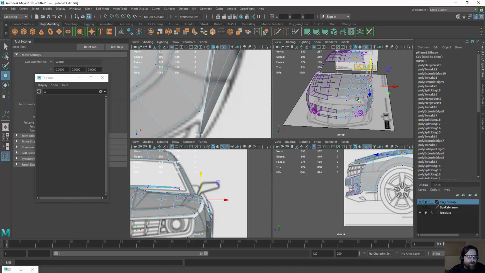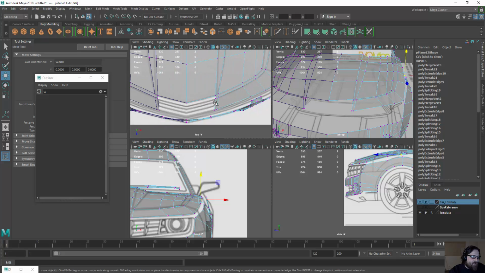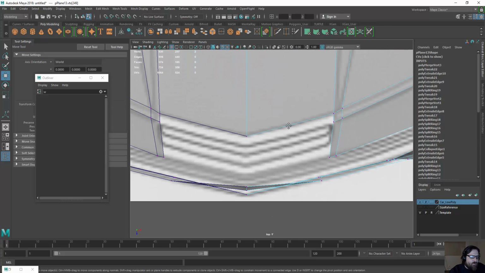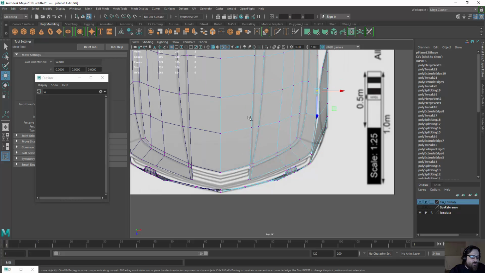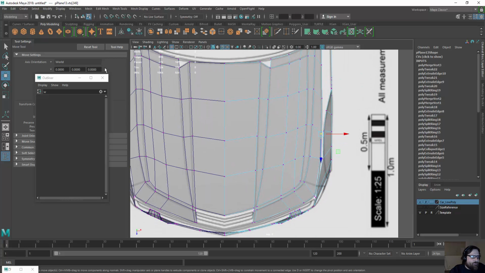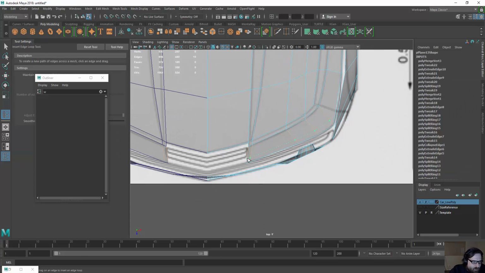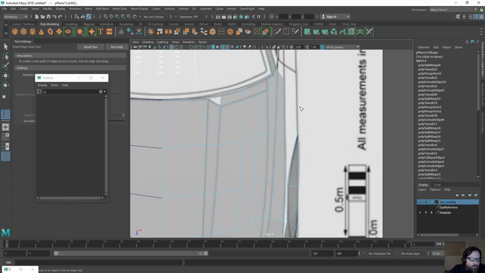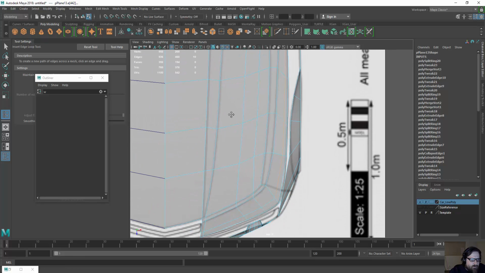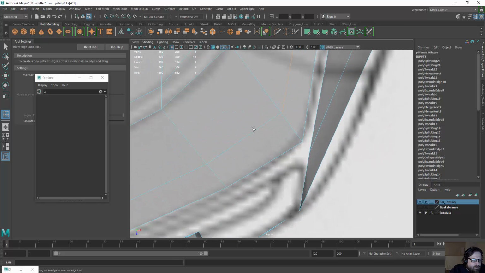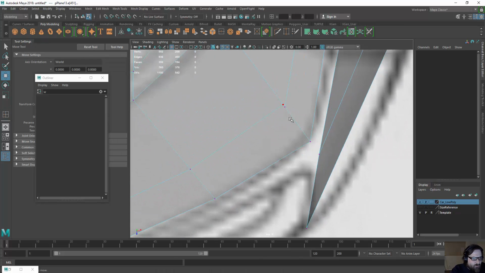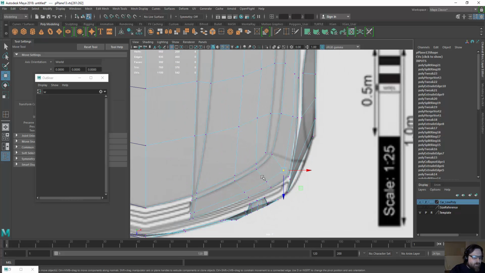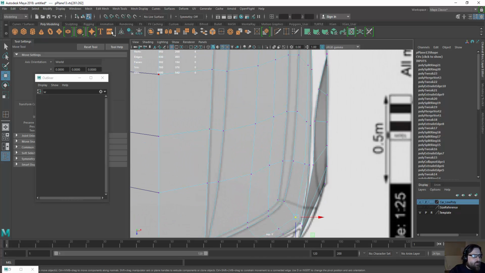Okay. And then going back to where we were before, I'm going to make another edge loop, but I'm going to make this one right here. And it looks like it doesn't want to complete that edge going across the other way, so I'm going to need to make that edge and then manually complete it. This could actually be due to vertex welding. So I'll select each of those,